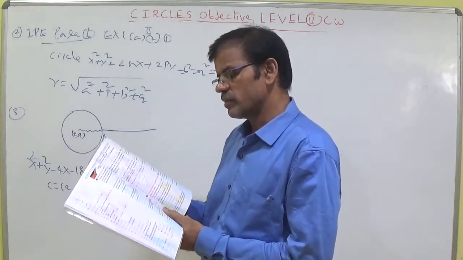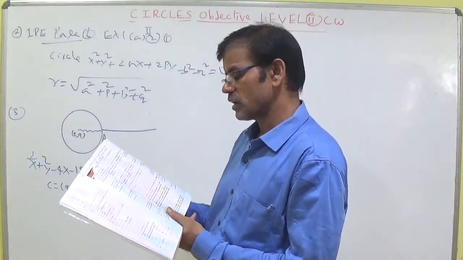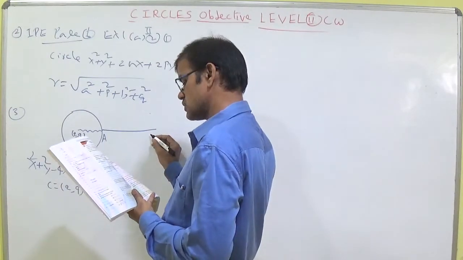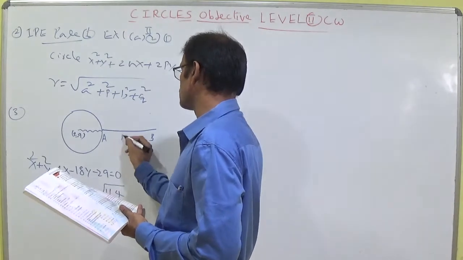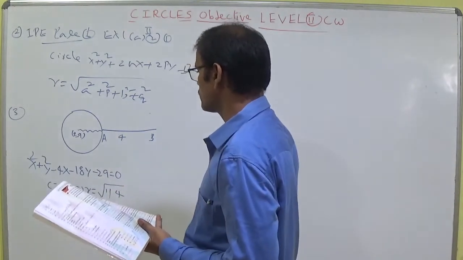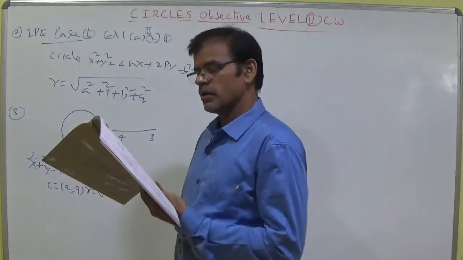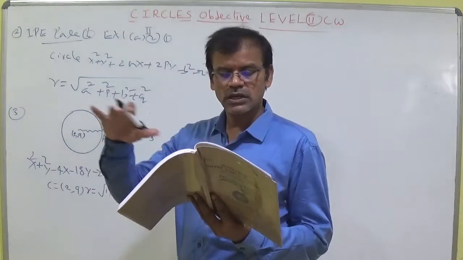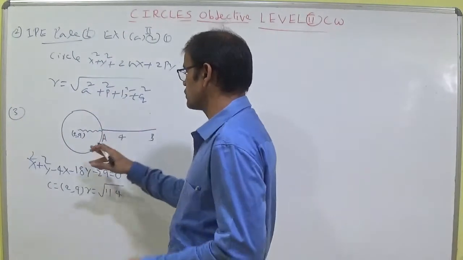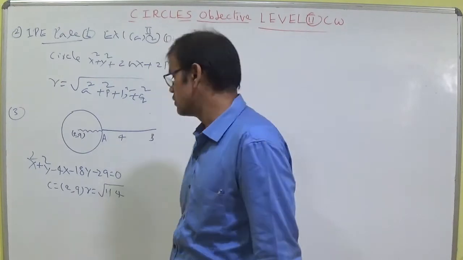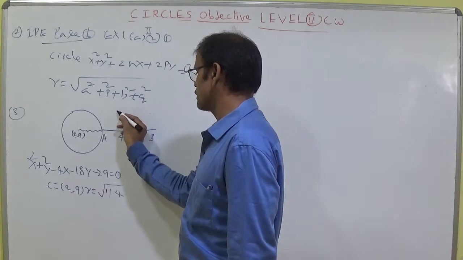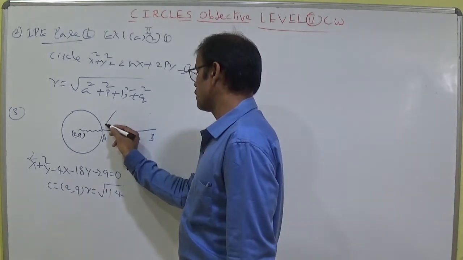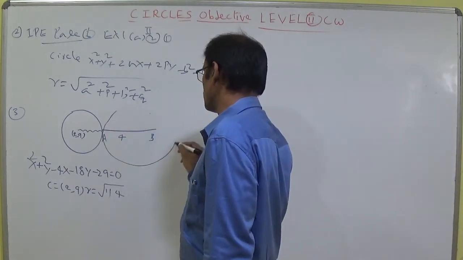end A always on the circle. Then the locus of other end B. Maybe this is the other end. So this rod length is 4. Total rod length is 4. AB of 4 units moving horizontally with left. Horizontally it is moving, so the y coordinate will not be changed. Whenever the y coordinate will not be changed, then you can write like this. Y coordinate will not be changed. X coordinate will be changing.